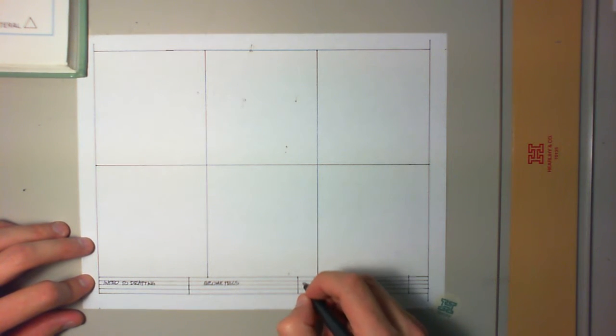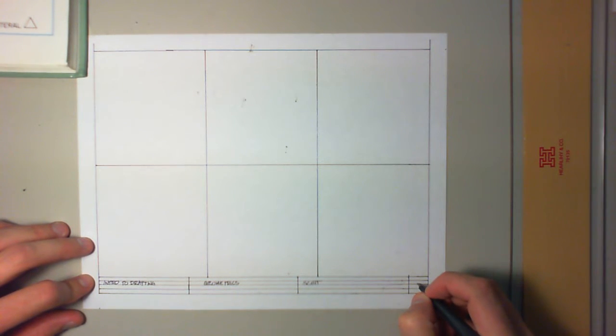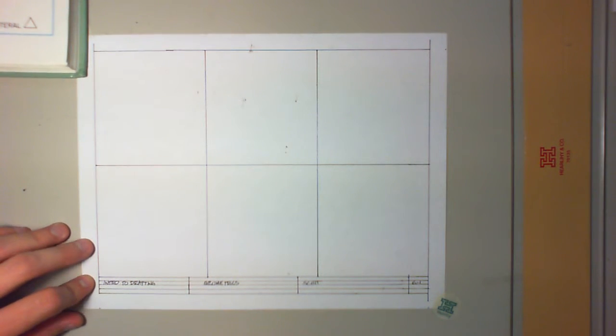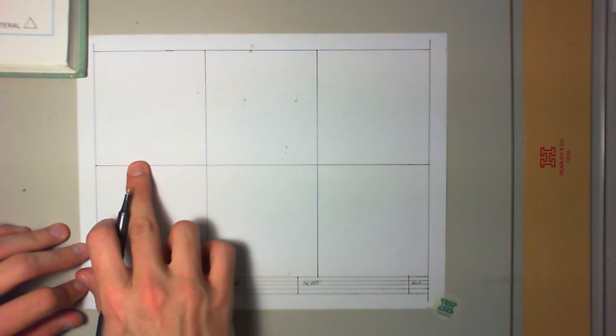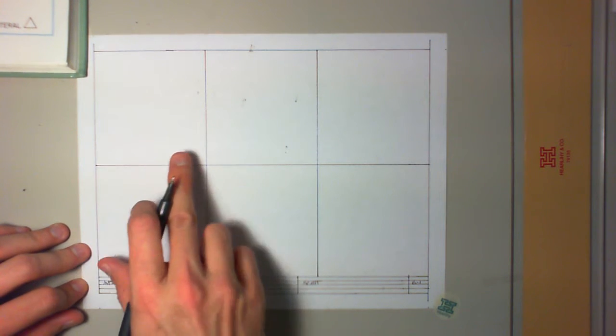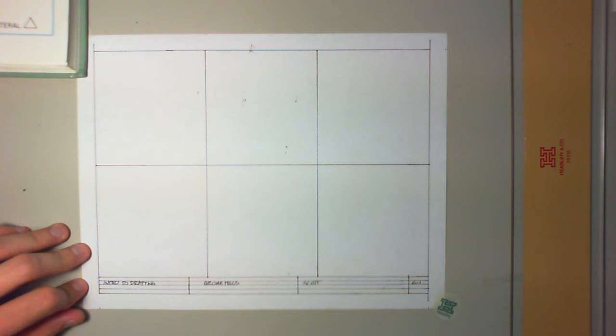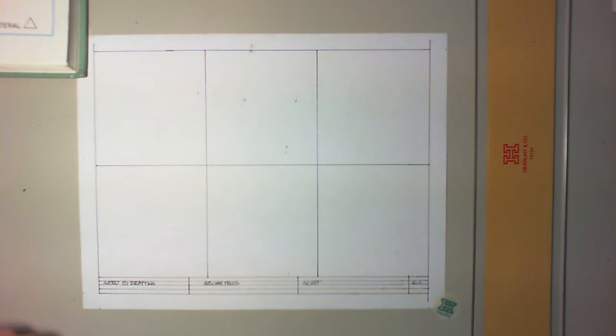And your student name, your drawing number 6-1. Alright, so our first thing I'm going to do is I'm just going to go ahead and add in all my text on all my borders. So I'm going to go ahead and do my 1/4 inch line,